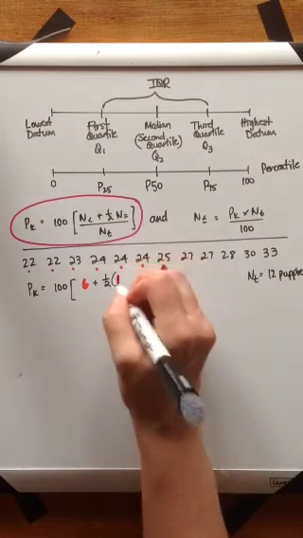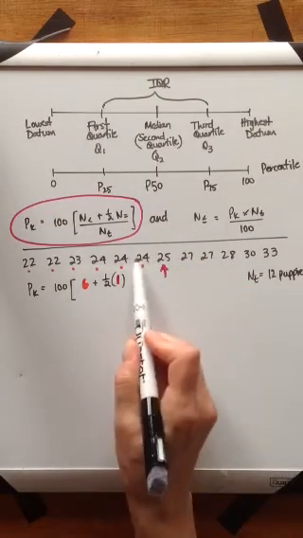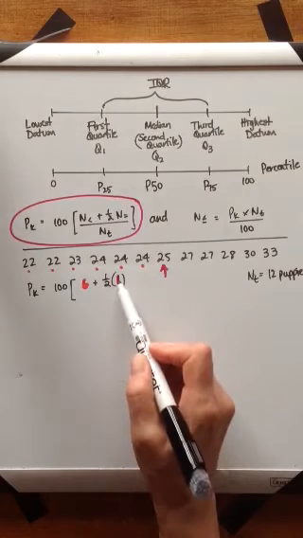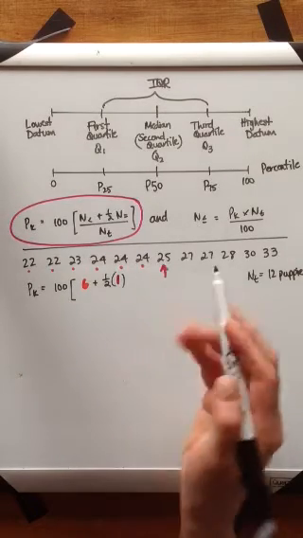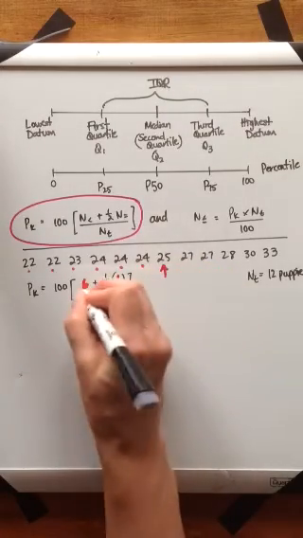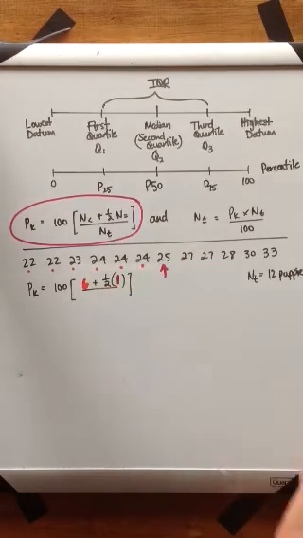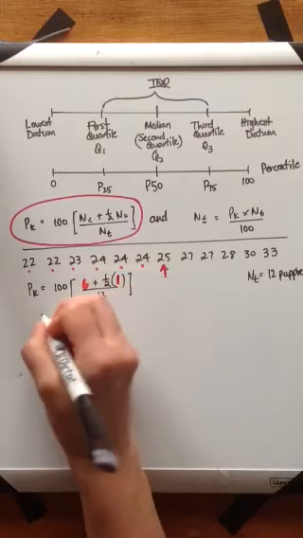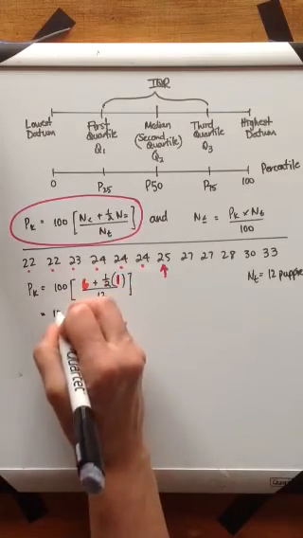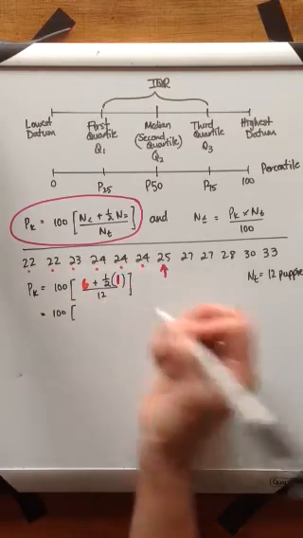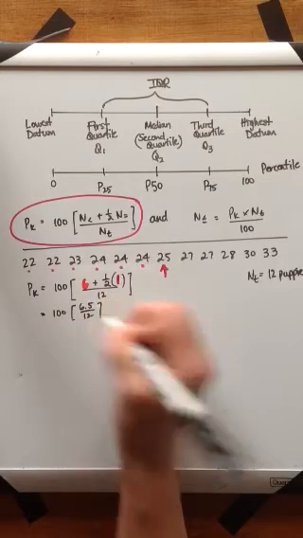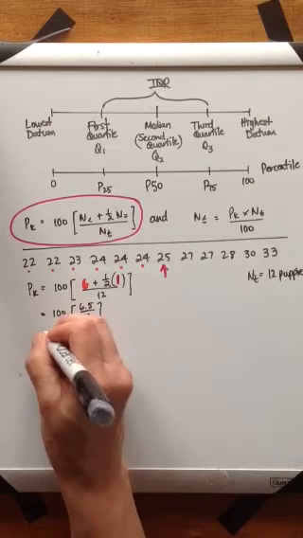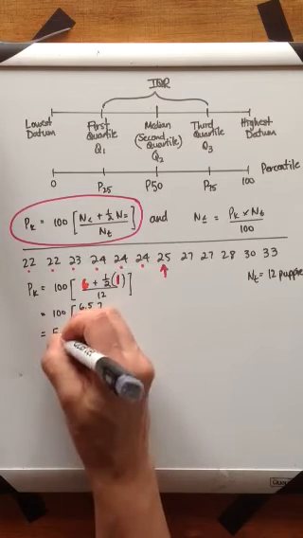If there was more than one, say we had chosen 24 or we had chosen 27, then this value would be a 2 instead. Okay, so how many data points are equal to 25? Divided by the total number of puppies, which is 12. So in simplifying this, we get 6 plus a half, which I can put as 6.5 over 12, multiplied through by 100. Now when you punch that into your calculator, you will get